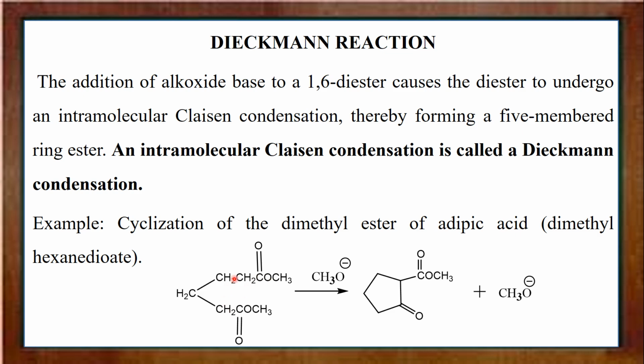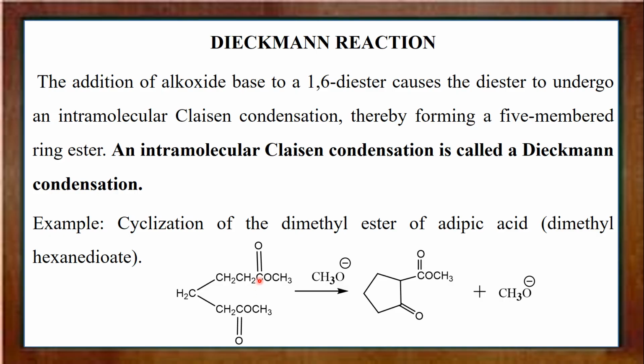For this ester part this is the alpha hydrogen, and for this ester part this is the alpha hydrogen. Any one of the alpha hydrogens is removed, resulting in the formation of an enolizable carbanion, and that carbanion will attack. Suppose this alpha hydrogen is removed by alkoxide, we get a carbanion here, and that carbanion attacks this carbonyl